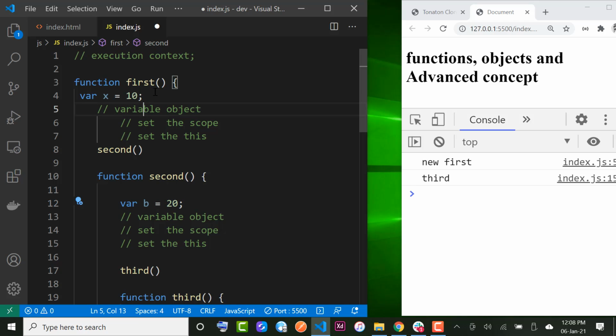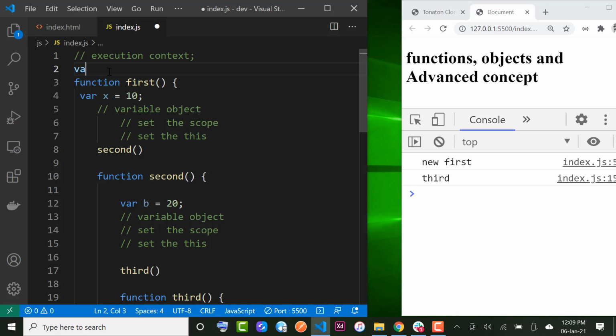So in each function call, it sets the variable object, which scans through your code and looks for your variable declarations and function declarations, and then it sets your scope and sets the this object. We talked about it that time. I mentioned the this object, but I think you forgot. And to set your this object in this particular scope, it will make you aware that, let's assume that